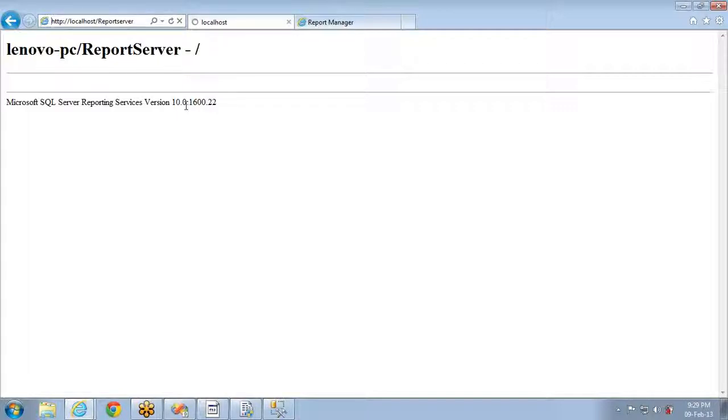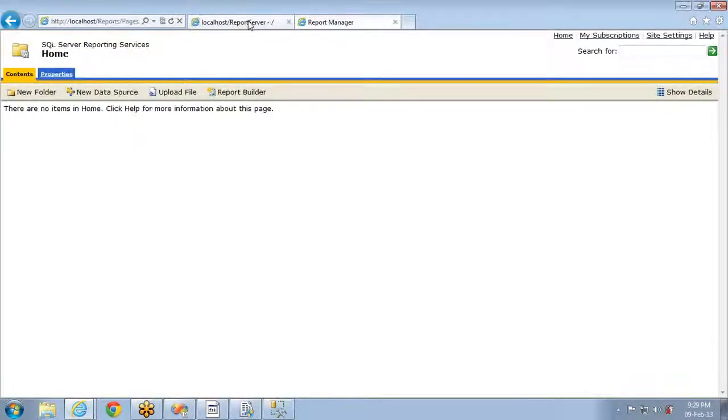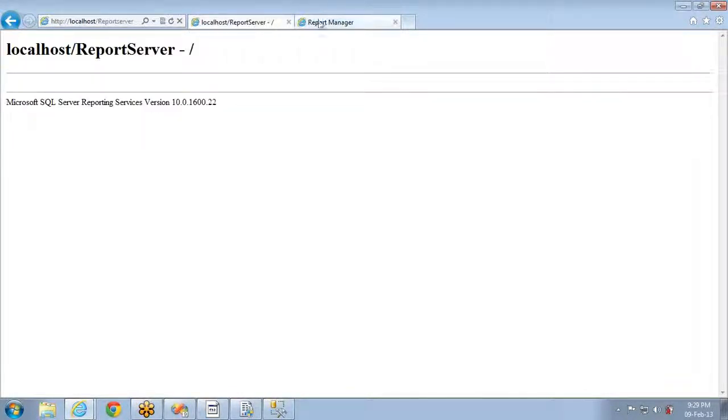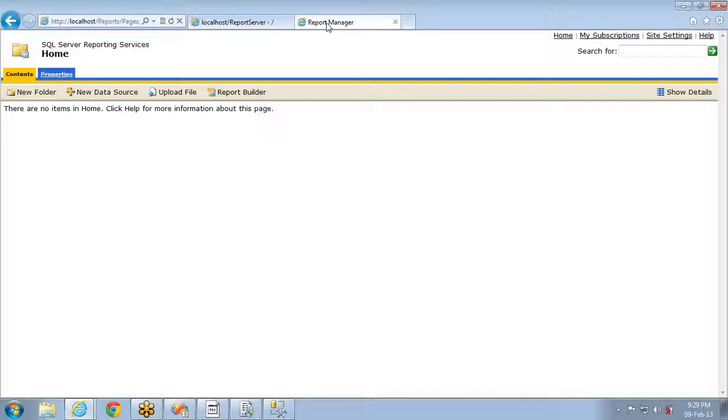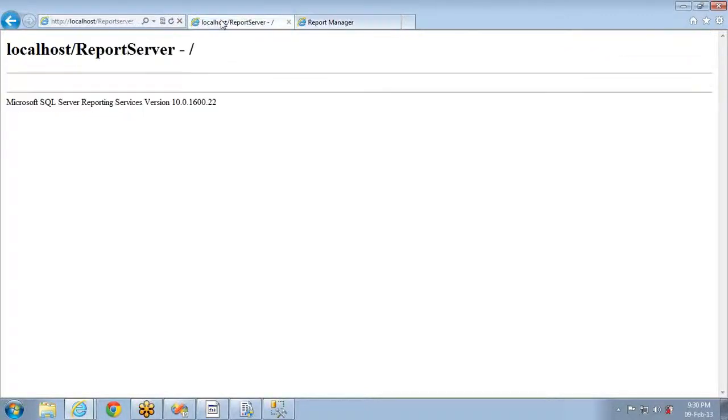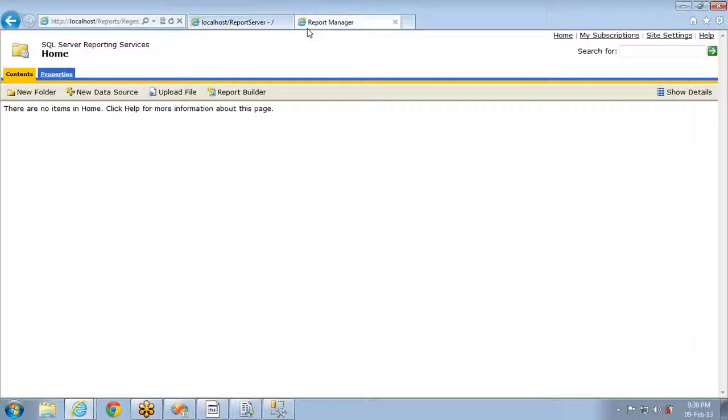So this is where you can find the report server URL, and the next one is report manager. Report server is the one which helps you with deployment, and in report manager you can manipulate the deployed reports. You can add subscriptions, you can add schedules, you can add snapshotting options for the reports and so on. You can do so much using report manager. As the name suggests, it helps to manage the reports that are deployed into the report server. Now I know these two URLs, so I am good to go.